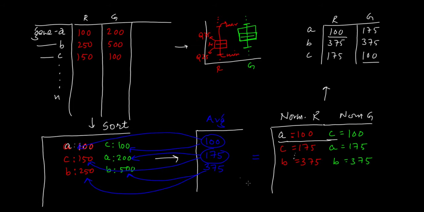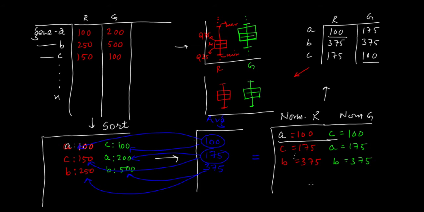So now if you make a box plot of this data, how would it look like? Box plot of this normalized data. So the red one is here, and the green one is here with exactly the same distribution. So they are normalized now. Mean is the same, upper quartile, lower quartile, minimum, maximum, everything will be the same. So this is perfectly normalized now. Now you can do whatever you want with this data.